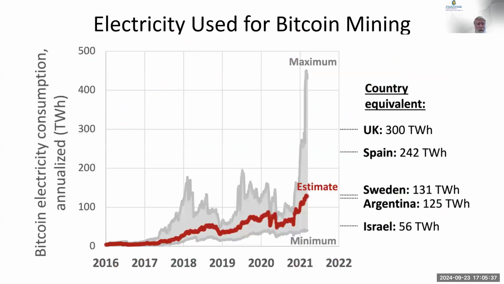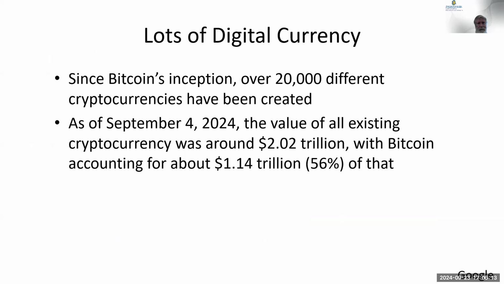One of the concerns is the amount of electricity. Here are some charts. This is a maximum and minimum amount that they might be using to create the Bitcoins. The red line is an estimate. You may note that at one point, the amount of energy spent to generate Bitcoins is more than Israel uses in a year, more than Argentina uses, more than Sweden uses in a year. It's a lot of electricity, and that, of course, has environmental impacts. You're out there creating lots of electricity for what? To mine Bitcoins. By the way, there are better ways to do that.